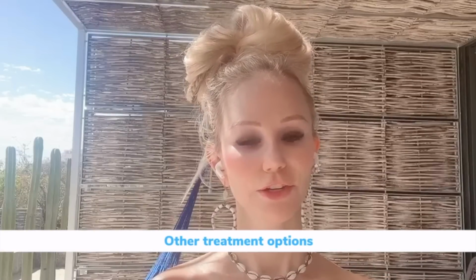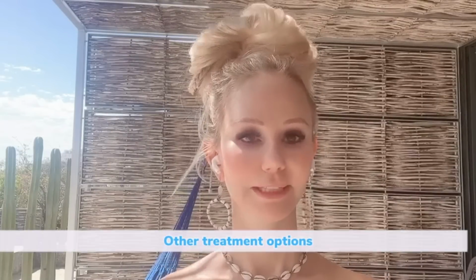people always ask what happens to the fat cells after they're lysed and destroyed, like how does your body eliminate that? It usually gets excreted in the urine, and there are no deleterious side effects from that process of removal. So other treatment options when people are considering Kybella, they're usually also considering tumescent liposuction, which we've